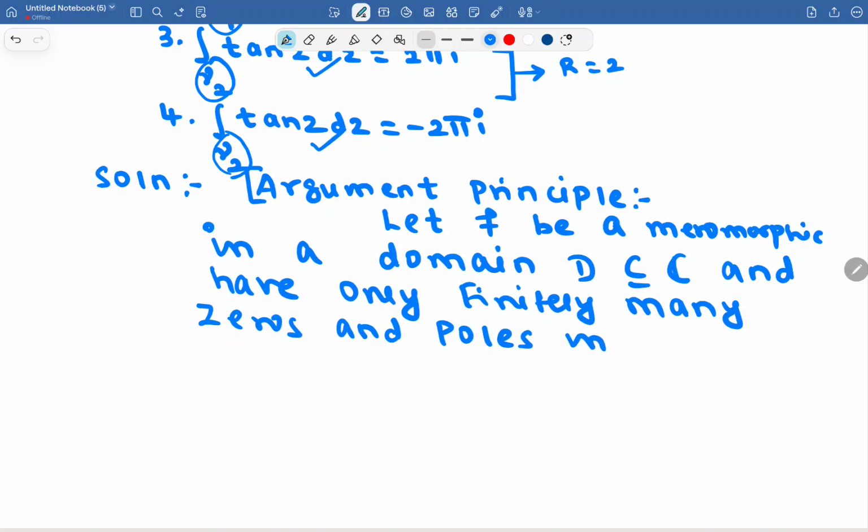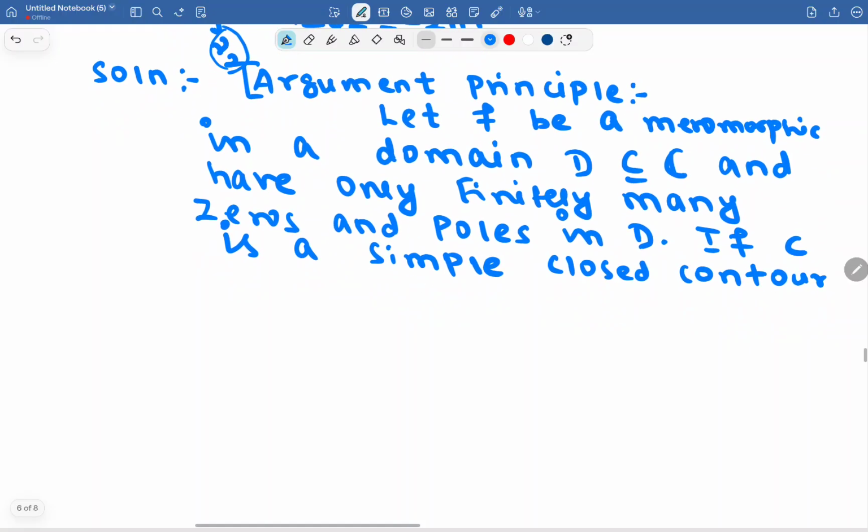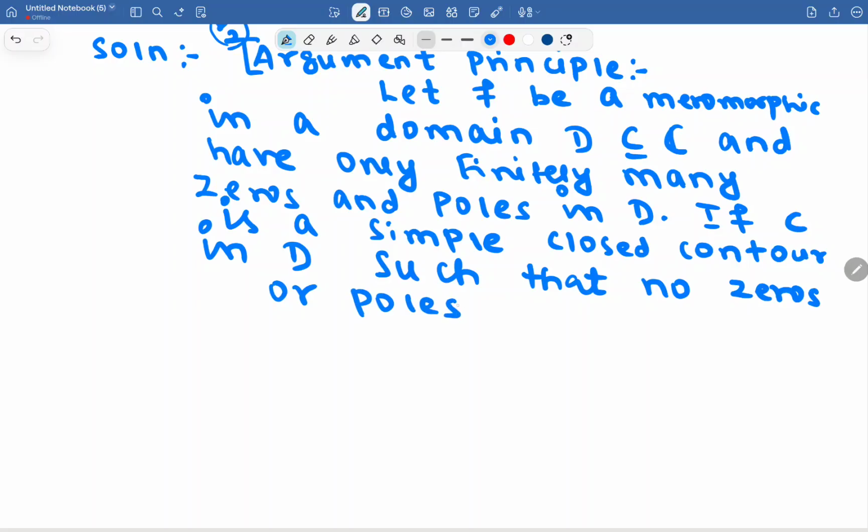If C is a simple closed contour in D such that no zeros or poles of f lie on C, then